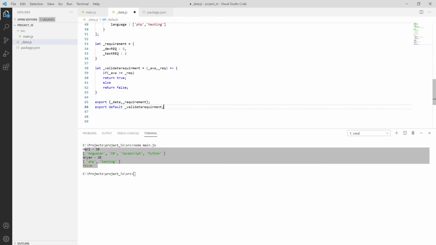Save it using Ctrl+S. Here we have used the keyword export to export the named export at the bottom of the file. Meanwhile we have used the _validate requirement variable to export the variable using export default syntax.